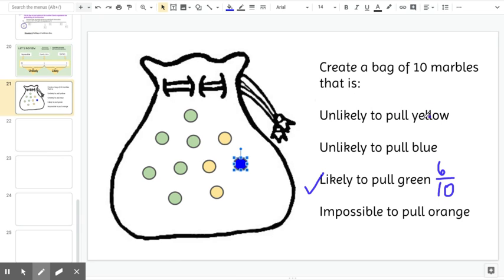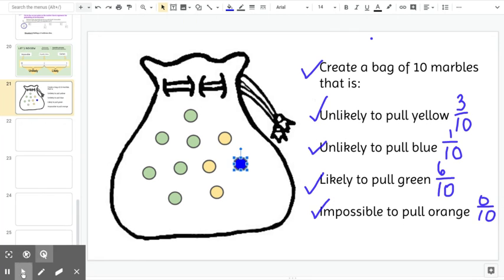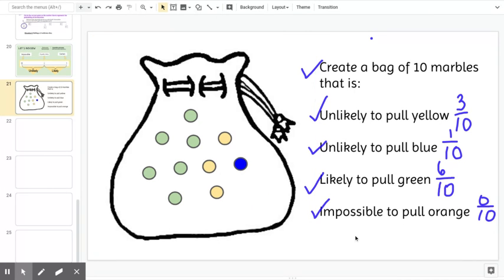So is it unlikely to pull yellow? Well, 3/10 of my marbles are yellow, so that is less than half. So that is good. And unlikely to pull blue? Well, 1/10 is blue, and that is less than half, so that is unlikely. And I don't have any orange, so 0/10 are orange. So it looks like I have met all my requirements. And I even made sure that my bag had 10 marbles in it. So as long as you go through each step and you make sure you're meeting all the requirements,